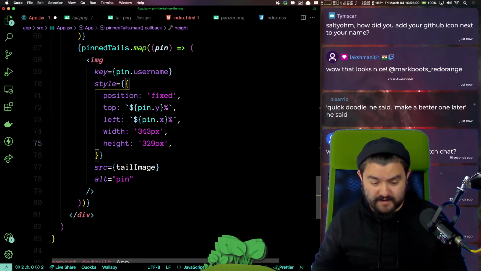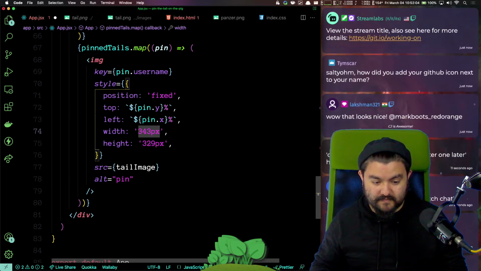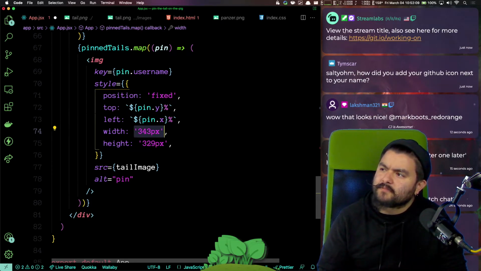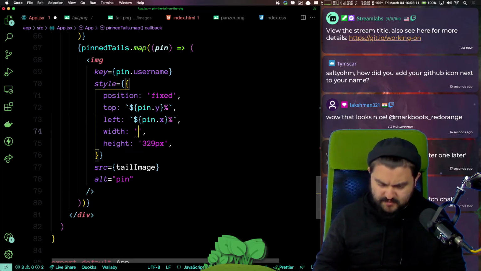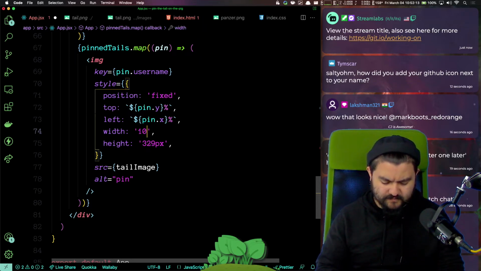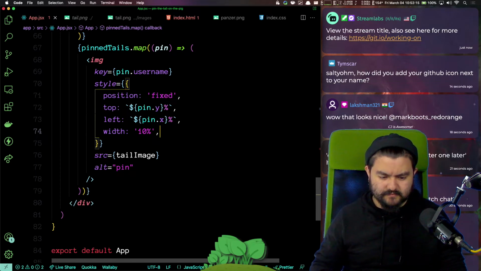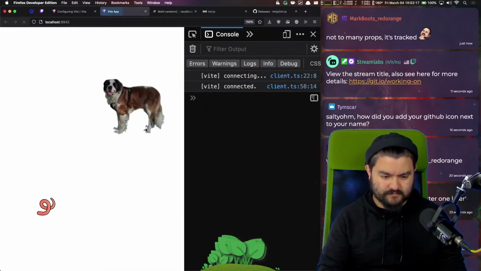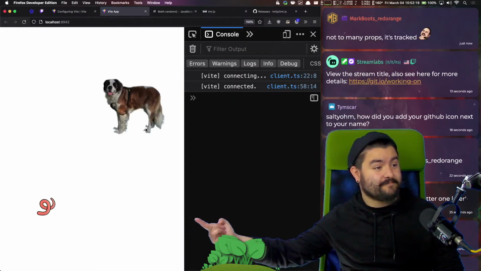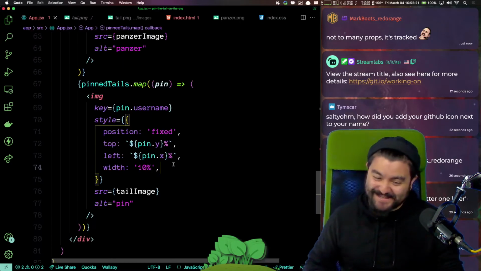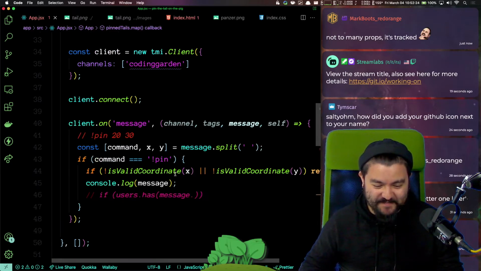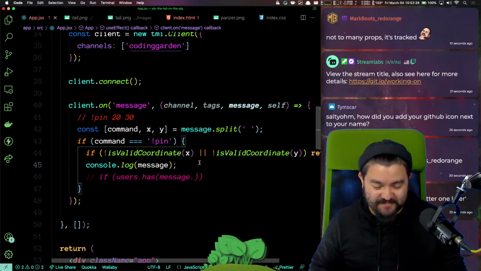I want it way smaller than that. I mean, I think I could just do... Do I want a percentage? Can I do a percentage width here? Like 10%. That's pretty good. Okay. All right, back to coding this thing up.